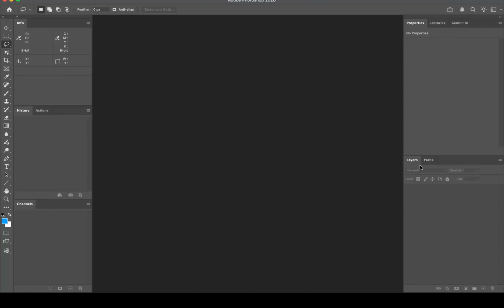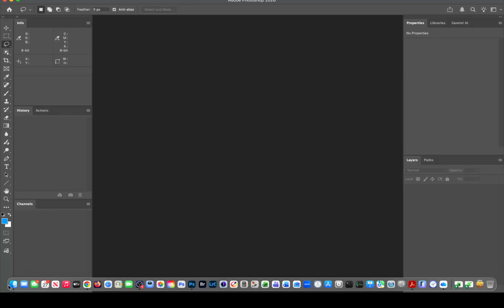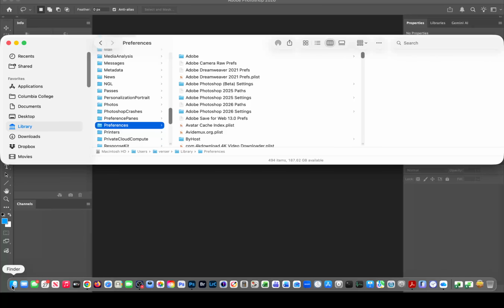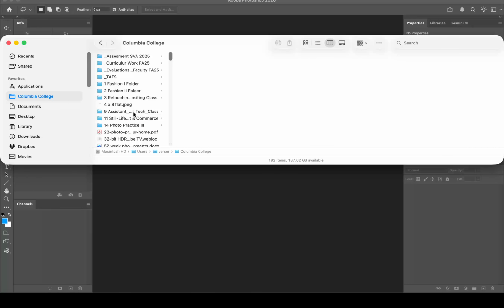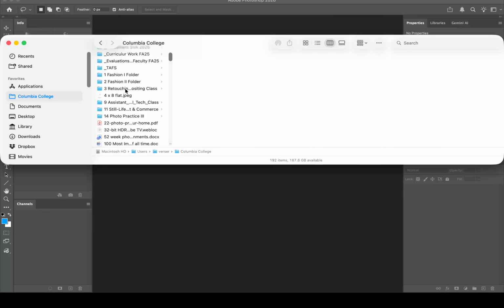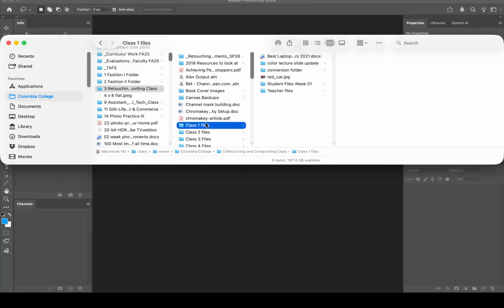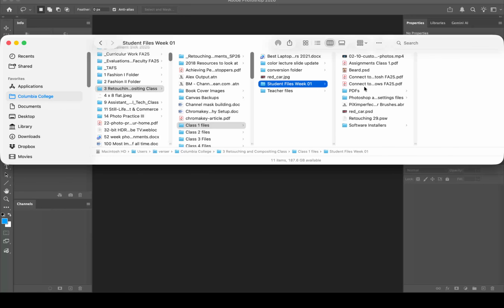If you take a look at your layers palette down here, let's get an image up first. So hang on one second, let me check to make sure I'm where I think I should be. Yeah. Okay, we're actually going to open a file. So I need you to go to your session number 1, in the folders of the assignments that you copied. And inside your session number 1, there should be a thing that's called